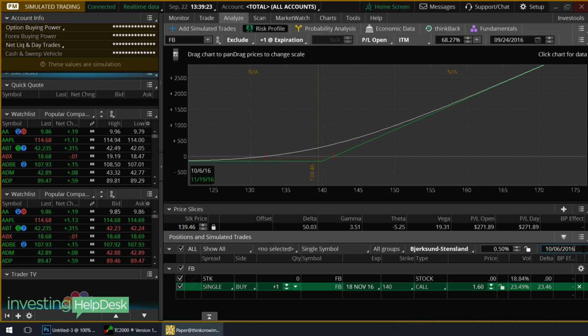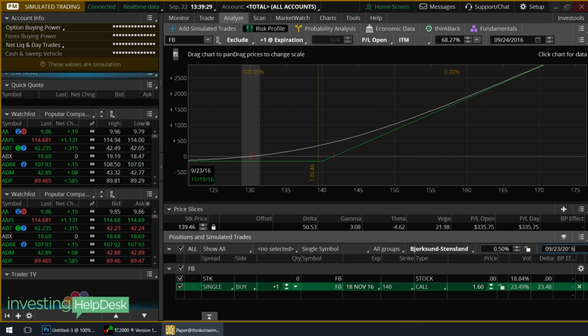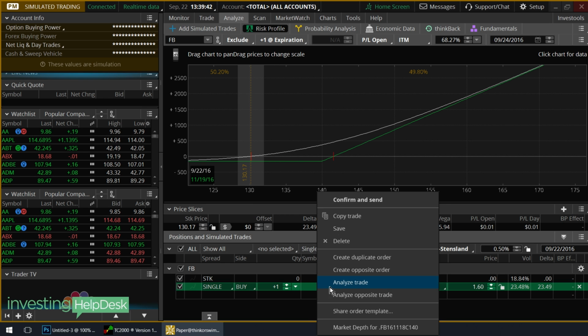So if you're a rookie trader, just getting started in trading, putting on a position like this, you're losing money every day. Just think about it. You're putting on a position and you're going to lose money every day. Whereas if I look at it the other way, let's just